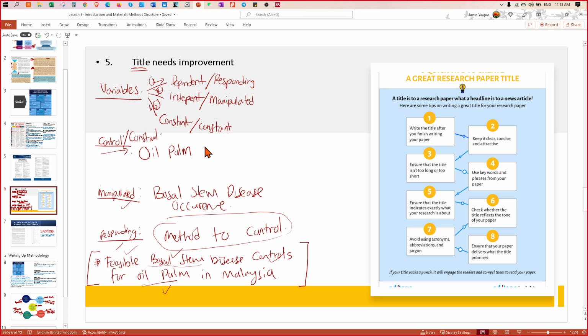Okay, so your paddy is constant. The thing that you manipulate is the level of management. So you want to compare the conventional way of doing rice cultivation by the farmers versus what the PPK does with their own way. Okay, we have two levels already.